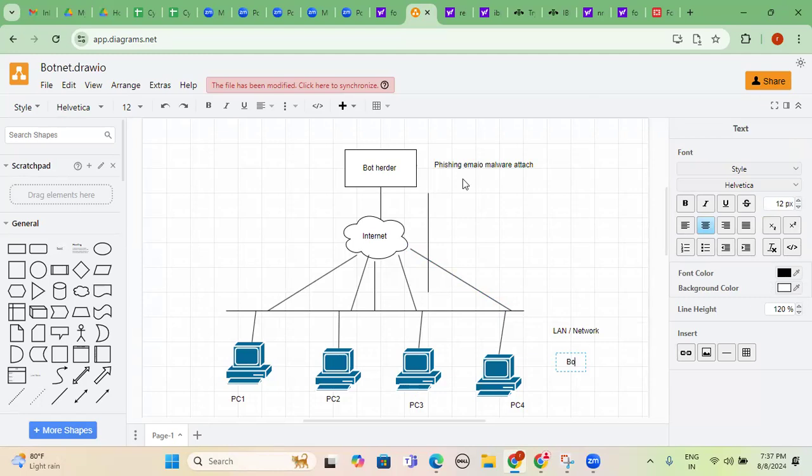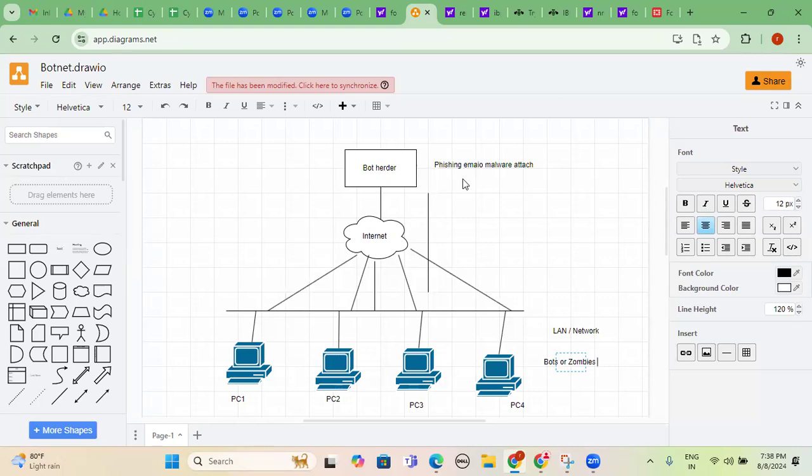So these controlled systems we can call bots or zombies. Whatever the attacker says, this system will listen blindly, like robots. Without their knowledge, everything can be controlled by the respective person, the attacker. Whoever is controlling these machines, bots or zombies or robot machines, we can call an attacker, threat actor, adversary, hacker, intruder, or bot herder.